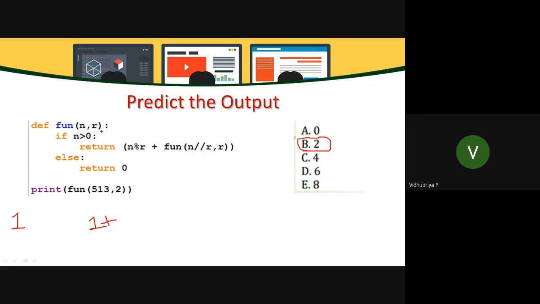So initially when the 513 is there, we got one remainder as 1. Then after that it is all just a multiple of 2, so all the other answers are just 0. And finally we got n value as 1. So this 1 mod 2 is also 1. So finally on adding these two ones, we are getting the answer as,